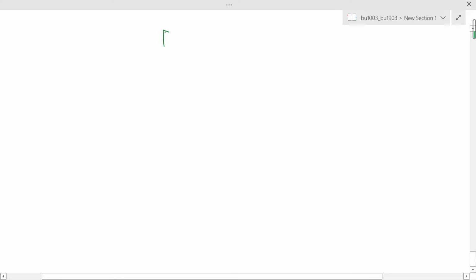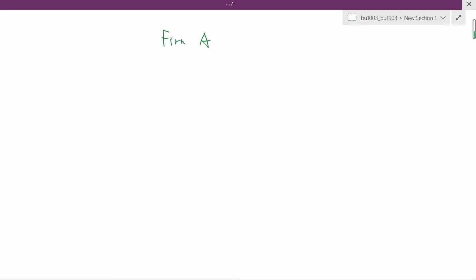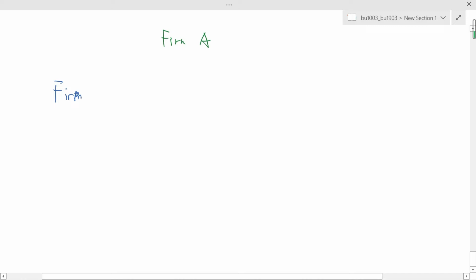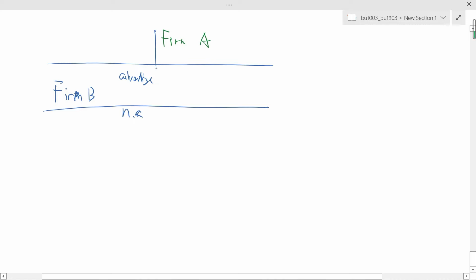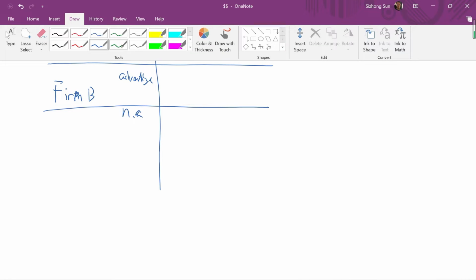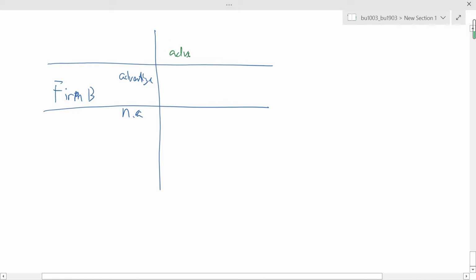Suppose we have two firms, firm A and firm B. They compete on the market in terms of advertising, so they decide whether to advertise or not advertise. If both of them advertise, the profit for them is, let's say,